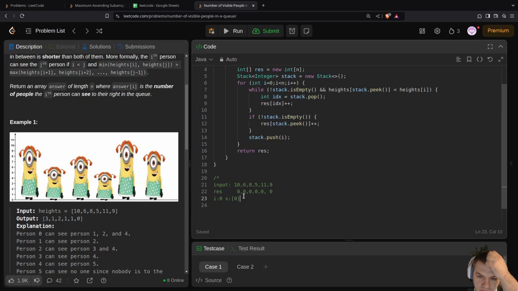So I push the element to the stack. The top element index is 0 now, so i moves to 1. So stack is not empty, and the height of the top element of the stack is actually greater